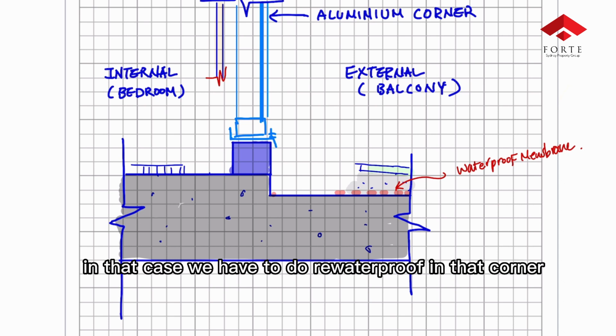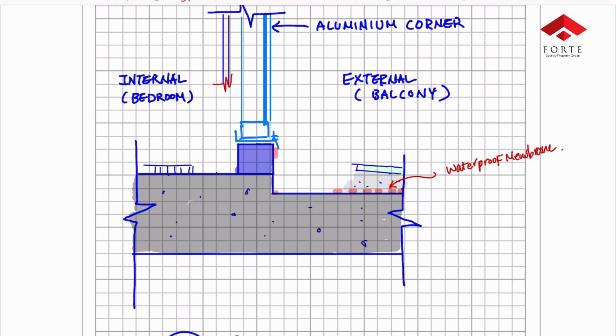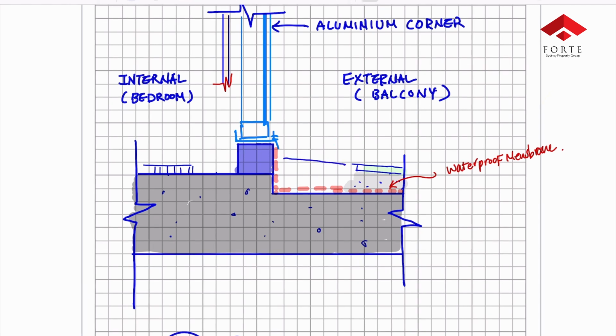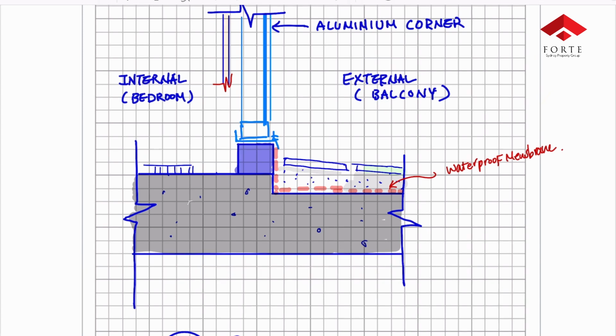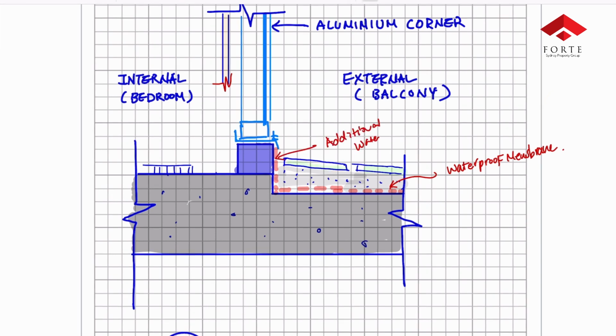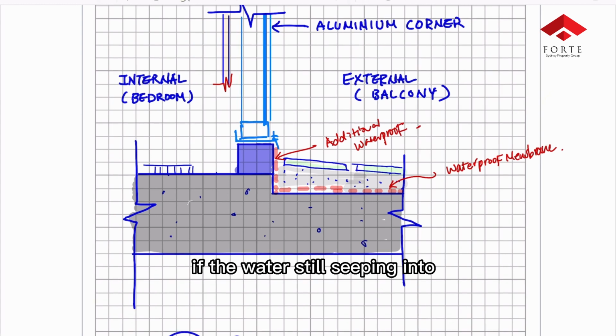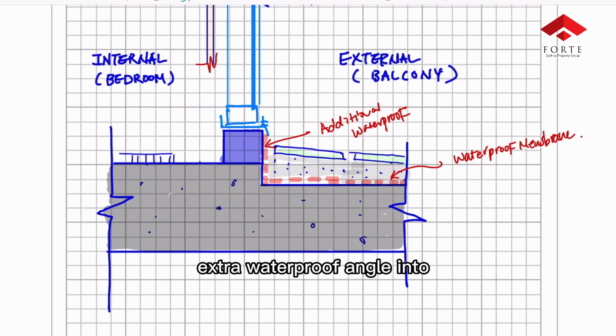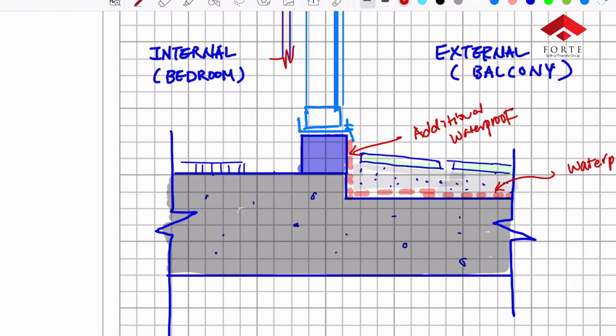In that case, we have to re-waterproof that corner and do a water test, to see whether water comes in or not. If no water comes in, that's great. We close off and you rebuild it. It's never going to leak again. However, after this extra waterproofing, if the water is still dripping in, then in this case we add an extra waterproof angle on the inside,